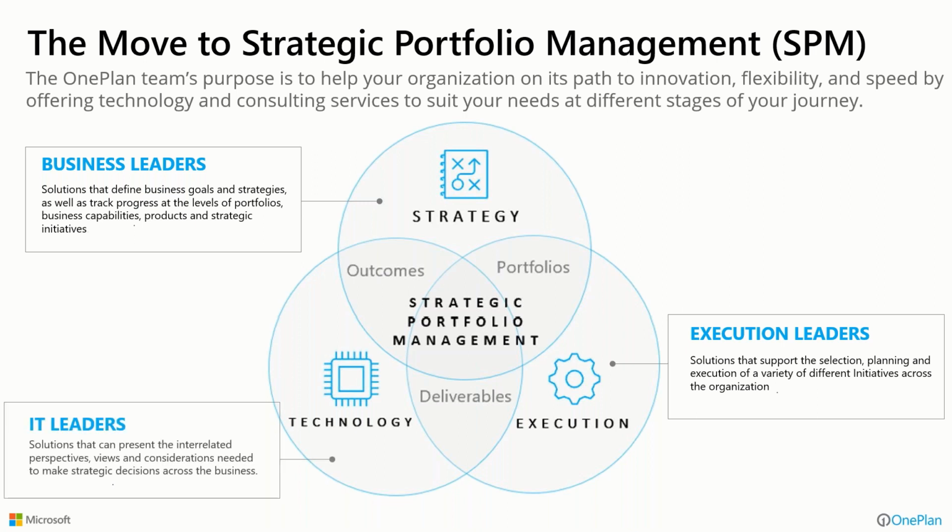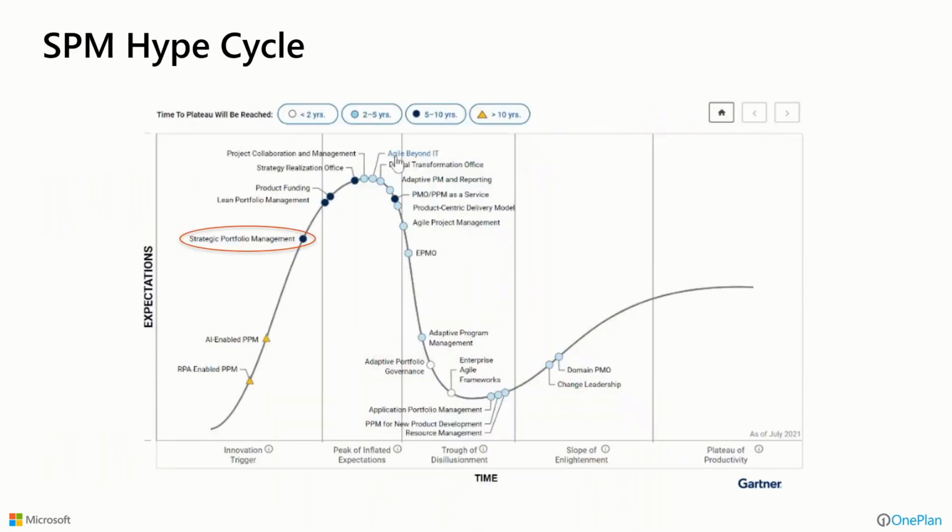And then there's the technology component, the assets and applications that we have, that have to be factored into the mix for us to be able to deliver on many of these more digital projects in this digital world today. And I would say it's not replacing PPM, but the discipline of PPM is actually getting more sophisticated and has more dimensions to it. So you can see in Gartner's hype cycle, strategic portfolio management is making the climb up through those initial stages of the innovation trigger, and it's going to enhance and bring additional value and capabilities to